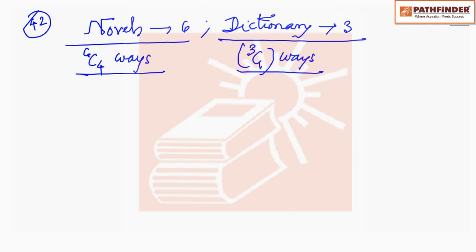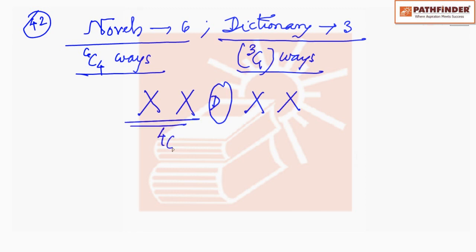Now there is a restriction of arrangement. They are saying the arrangement is in a row on a shelf so that the dictionary is always in the middlemost place. So this is the dictionary and this is novel, this is novel, this is novel, this is novel. So we can choose this one in 4C2 ways and again in 2C2 ways. We can arrange in factorial two ways between them. We can arrange also in factorial two ways between them. So these are the ways of arrangement.